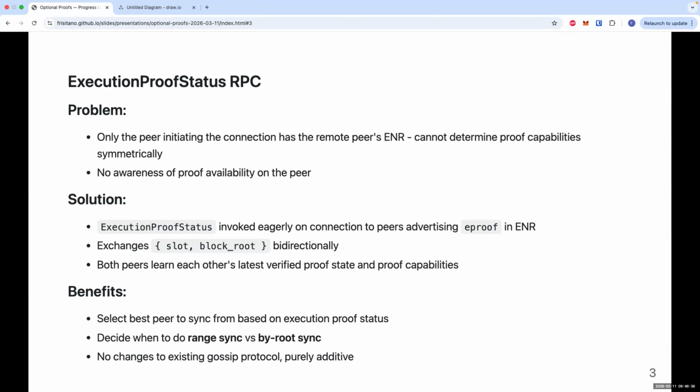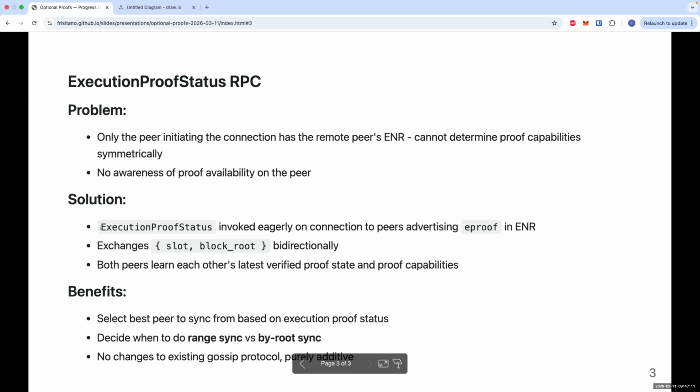So the node that receives the inbound connection request will not know that the node connecting to them supports execution proofs. So there's this asymmetry. In addition, we have no awareness of the sync status of proof capable peers that we're connected to. So we don't know which peers have validated up to which slot, and which peers are good to attempt to sync from.